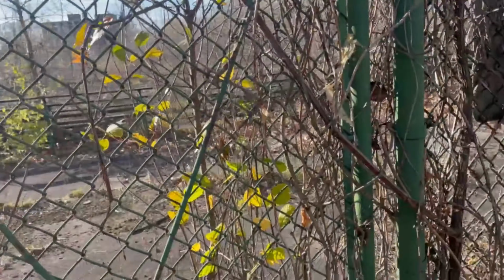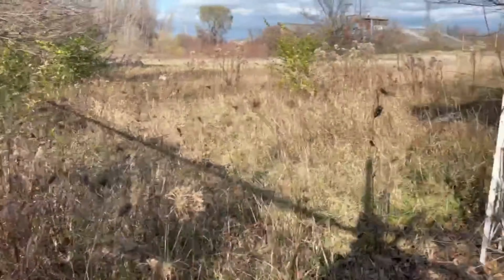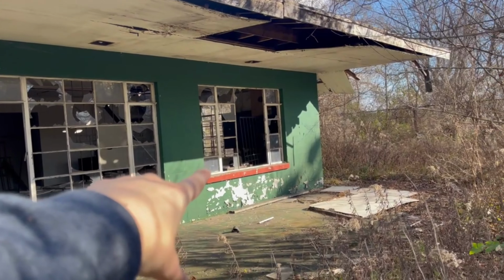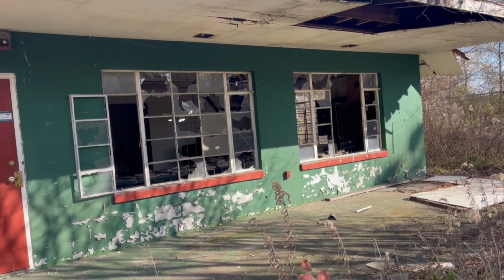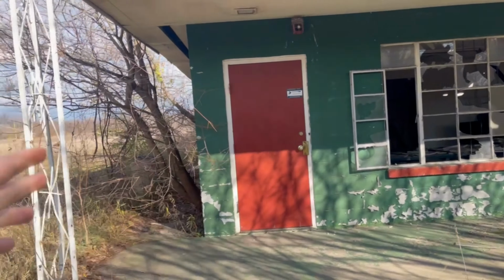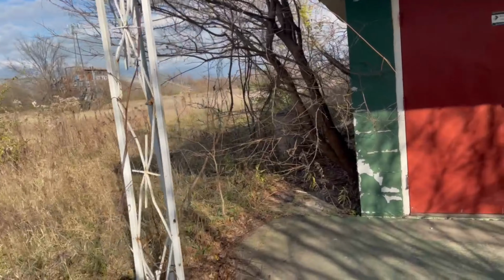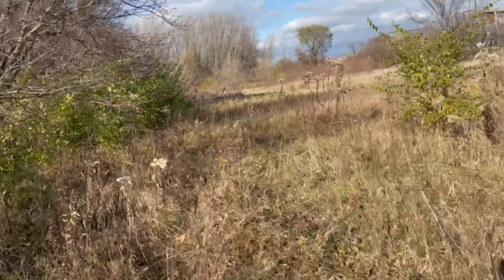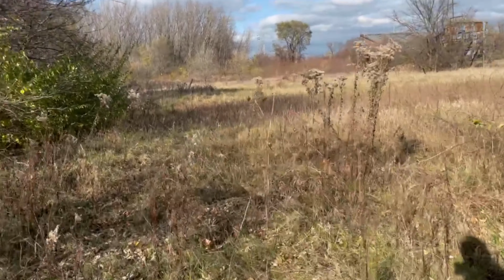I don't think anybody has really explored this, which is pretty crazy. I don't even think anybody really knows about this. The windows have fallen apart, but they haven't known about this for a long time, considering there's still stuff left in there. And Gilroy Stadium is pretty open. There's not much left in there. So we're gonna make our way all the way over there and I'll show you what's left of